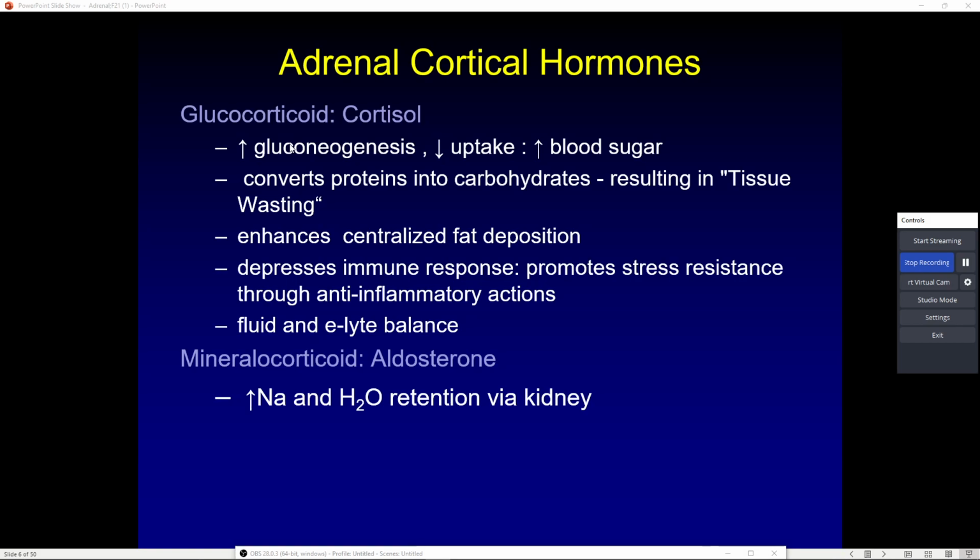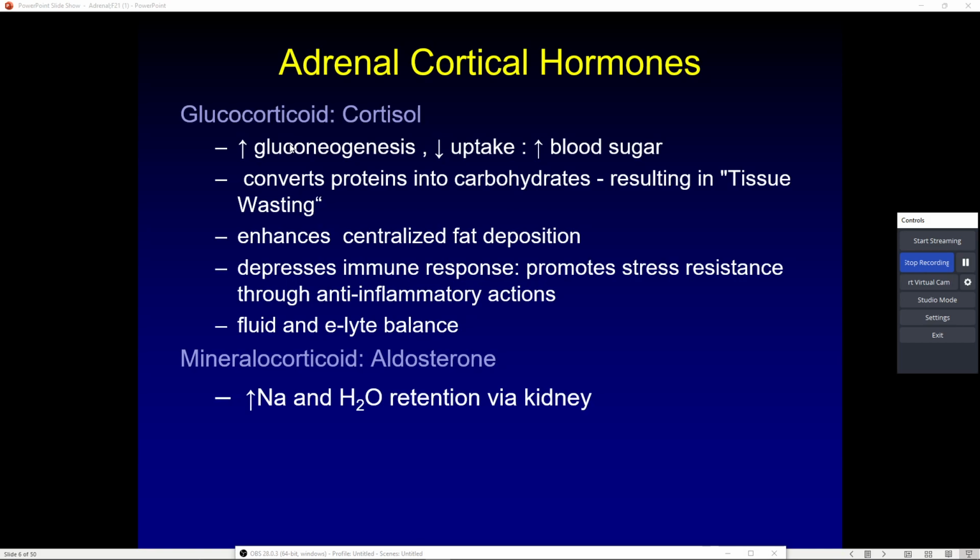So when you keep cortisol levels elevated, a perfect example would be nursing school. Nursing school is stressful. Your cortisol levels are increased during this period of time. I had mine drawn, ironically, I believe in like 5th or 6th semester, and mine were elevated. I don't remember how high they were, but they were definitely elevated. And a lot of you guys right now are sitting here listening to this lecture, and you're like, yeah, I've gained a good 10, 20, maybe even 30 pounds since the start of nursing school. Cortisol is a wonderful thing.